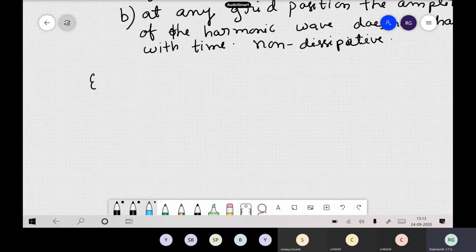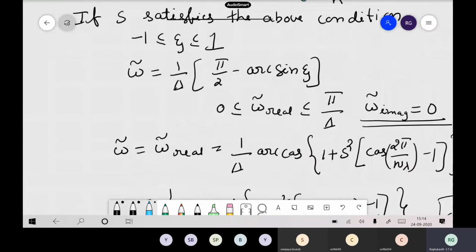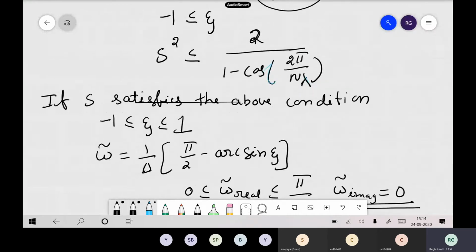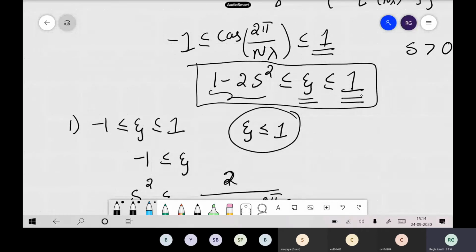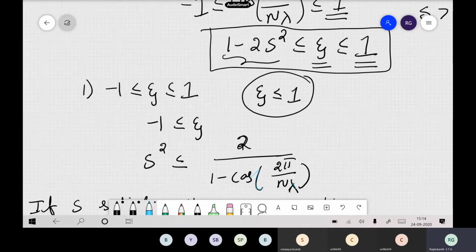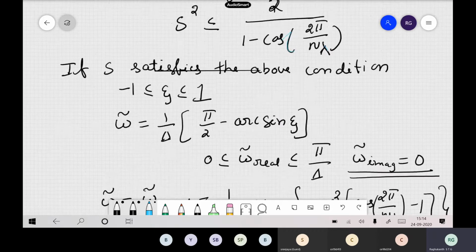Now another case is when psi is less than minus 1. Now what happens? Right now we have said that whatever that quantity psi is, it lies between 1 minus 2s square and 1. Anyway, it cannot be more than 1 actually. There is no way that psi can be more than 1. So if psi lies between minus 1 to 1, we have done. Now only one case we have to see, when psi is less than minus 1, what happens actually.